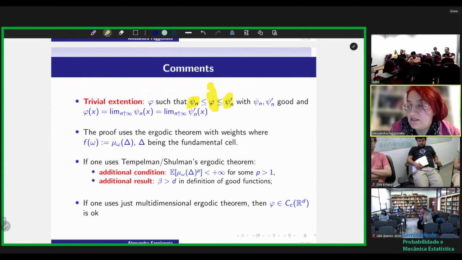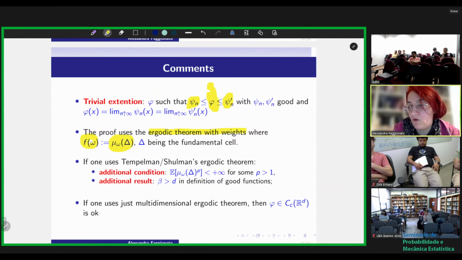Now, this theorem is related to the abstract ergodic theorem with weights I have produced and shown you before, because it's an application of the general ergodic theorem with weights, where the function f evaluated in the element of the probability space is the following. So f of omega is the mass given by the random measure to the fundamental set. Therefore, in particular,